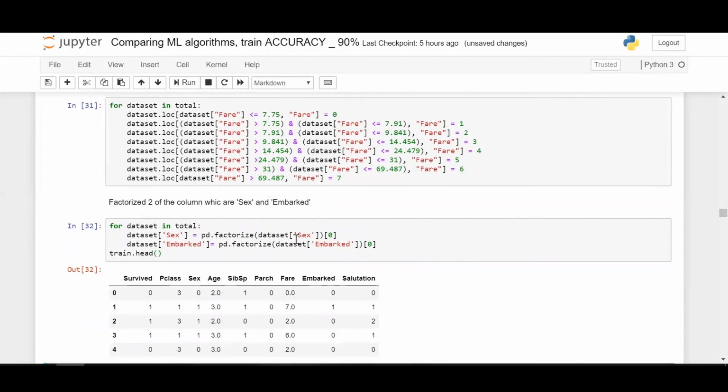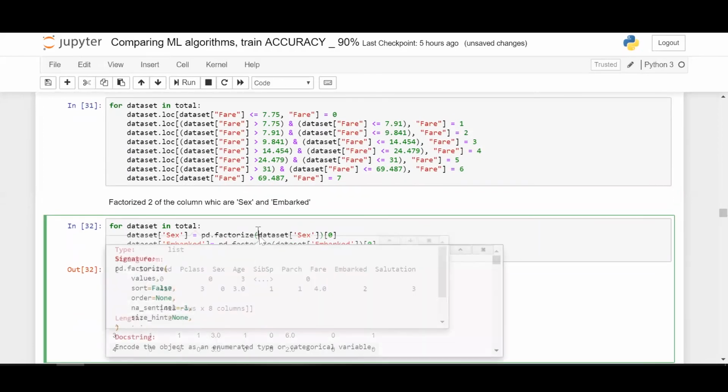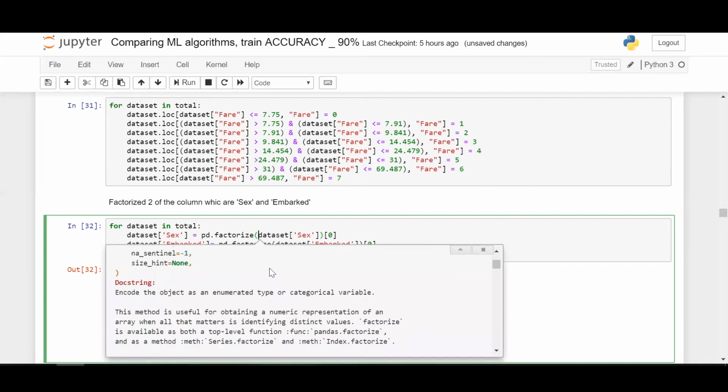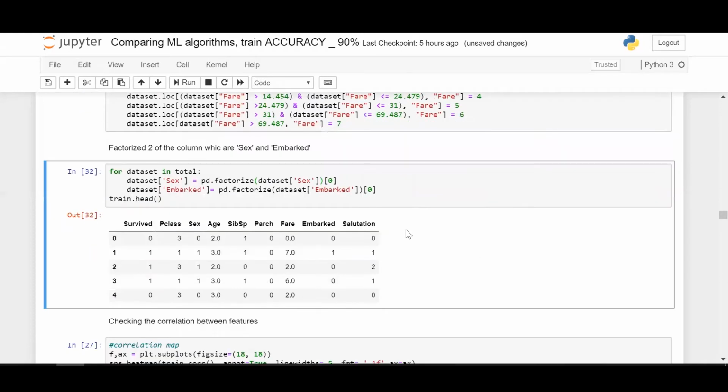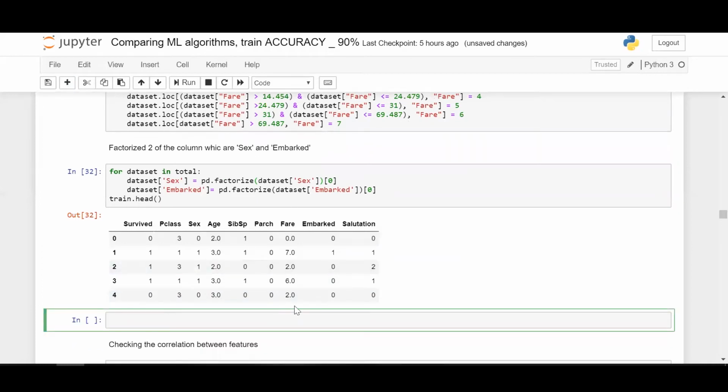So pandas factorize does nothing but encode the object, basically. It's a simple way of encoding the object into different categories. Like if you explore label encoding and then one hot encoding and pandas get dummies, pandas factorize does something similar. But I prefer label encoding most of the time because you can even pass your own predefined dictionary into it and get the encodings out.